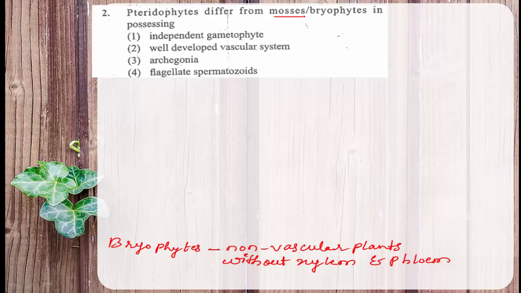So bryophytes are actually divided into 3 groups, but in your syllabus you have studied only 2 groups, liverworts and mosses. But in between liverworts and mosses, one more group is there, hornworts. Riccia and Marchantia are examples for liverworts. Anthoceros is an example for the hornwort. Then Funaria, Polytrichum, Sphagnum, all these belong to the mosses. And mosses are superior bryophytes in comparison with liverworts and hornworts.